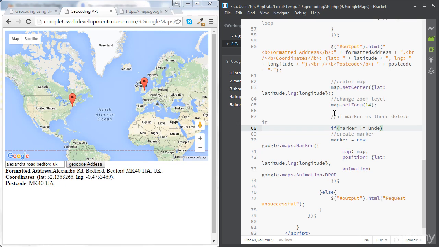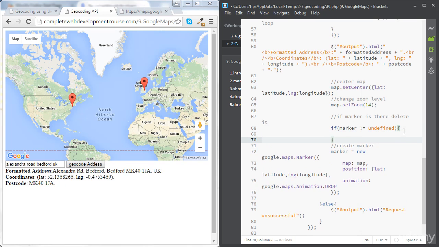Okay. So if it's not undefined, we're going to need to delete it. And to delete a marker, we need to use the method setMap, and we use the value null inside the parameter. Okay, so now if we save this